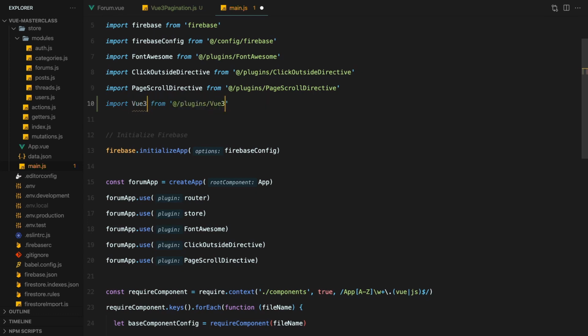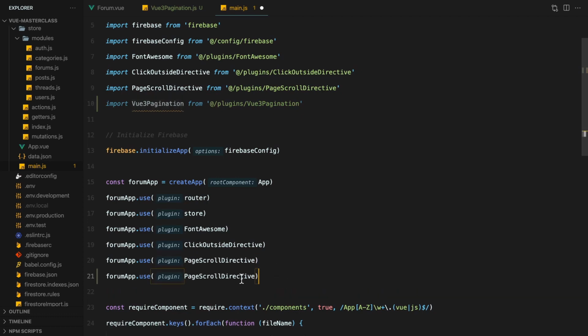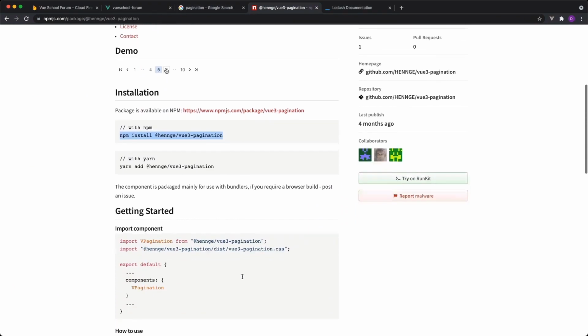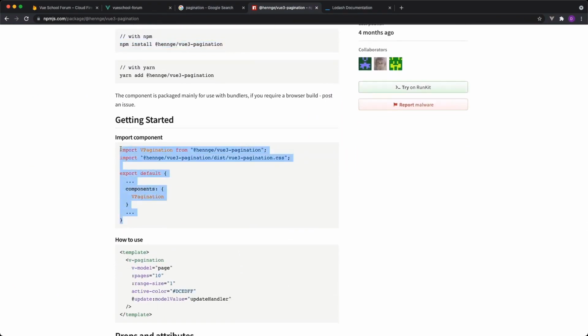It's worth noting that making this into a plugin isn't strictly necessary. We could just import the component directly into the project where we needed it, just like it shows in the library's documentation. Or we could have imported it directly into the main.js file and called .component on it there. However, I like to try and keep third-party libraries organized into a single directory, that is, the plugins directory, as much as possible. So that's exactly what we did here.